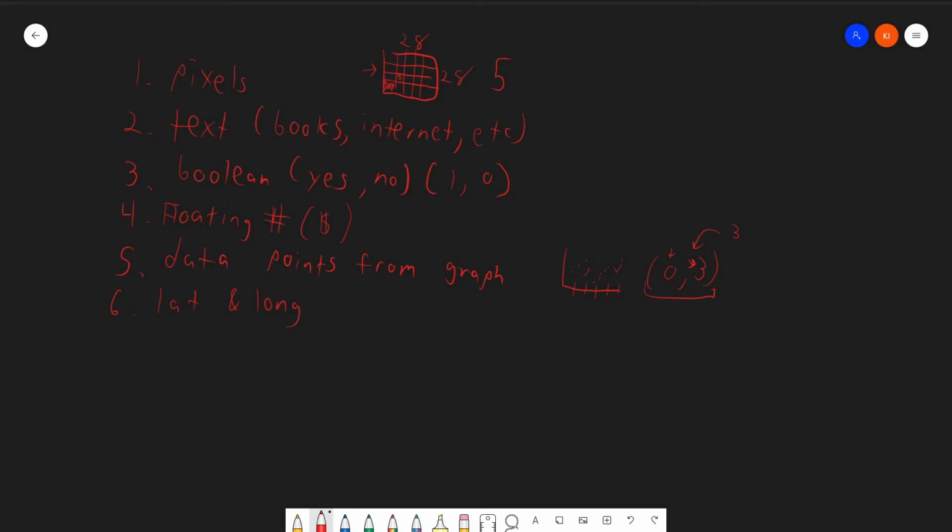And then you might plug those in and say, okay, at this current time, what would be a predicted latitude and longitude? So that could be another one. Again, this might also be considered points on a graph, if you consider the world to be a graph. And it also might be floating point numbers as well. So that's the one thing to note here, is that a lot of your inputs can be